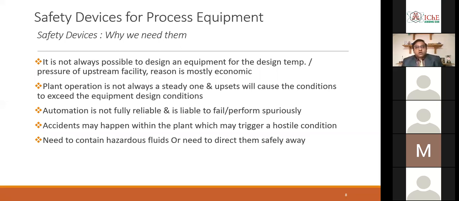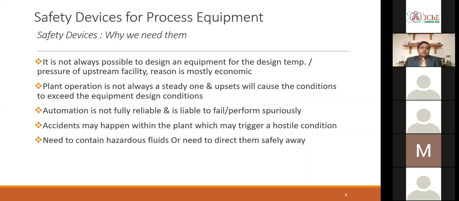The whole of the hydrocarbon industry handles equipment which is extremely hazardous in terms of human life, in terms of environment, and we just can't throw them around. I mean, all of you know what happened in the BP oil spill, or I think recently in the Arctic, there was an oil spill from a Russian company. So those are damaging environmentally, and all of us are aware of what happened in Bhopal and recently in Vizag. What happens if you just release toxic gases into the atmosphere?